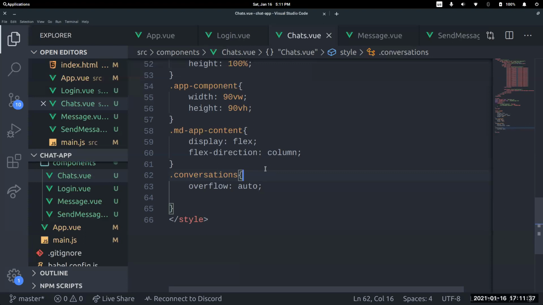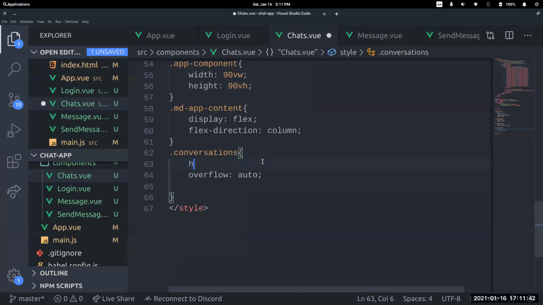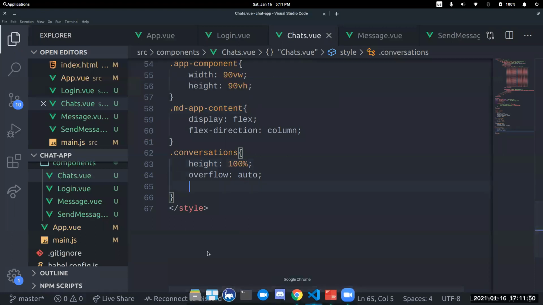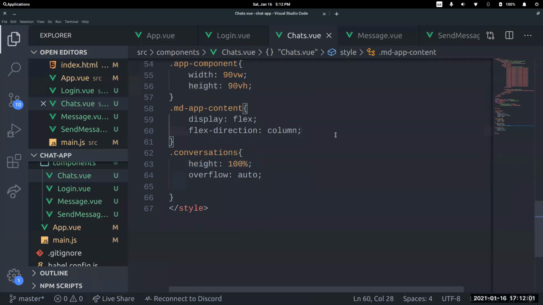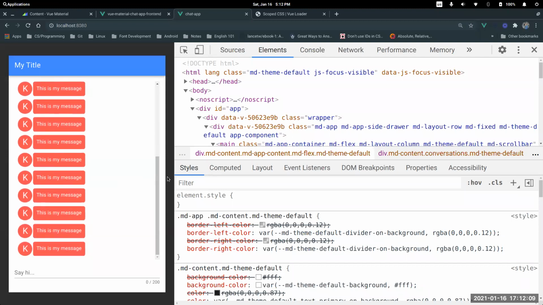And then down here, the conversations, we now can say that overflow is set to auto and take up only 100% of the available height, which is my parent right here, the empty app content. Refresh. Height is set to 100%, but we also need to set the empty app content height to be 100% right here. Okay, there we go, fixed. See, I don't have to write a position fixed attribute right here. I just use this with the Flexbox, because